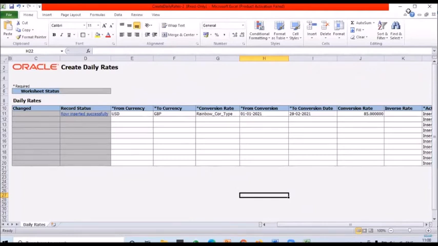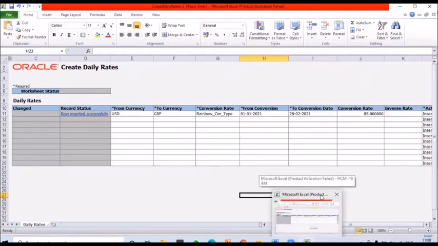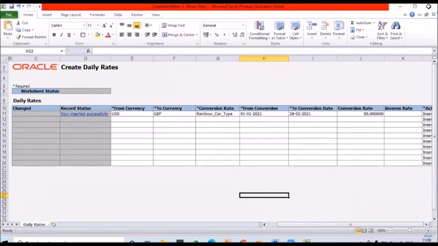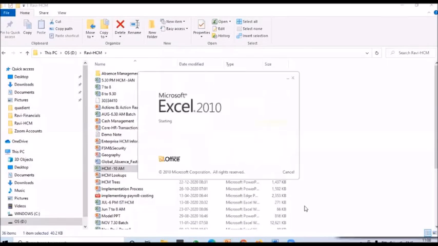Give me 1 minute. The system is hanged. If you have an official Microsoft Excel, you don't have any issue.